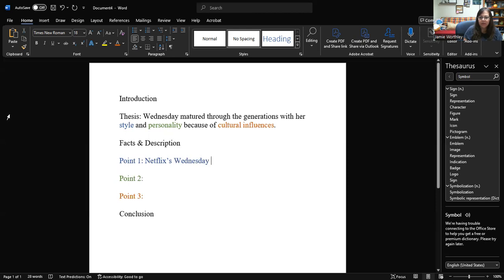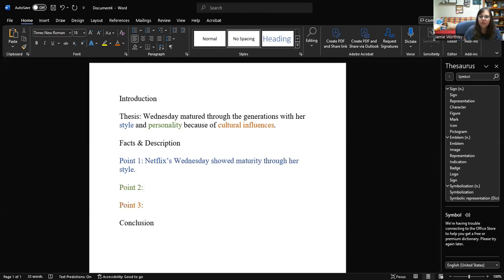So Netflix's Wednesday matured, showed maturity through her style, right? That's my first point. My second point, which hopefully is in green. Nope. I want you to be in green. My second point